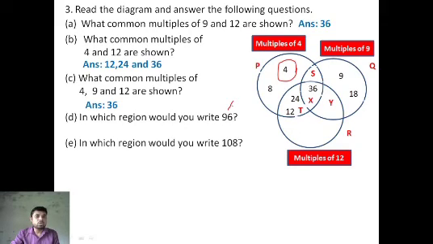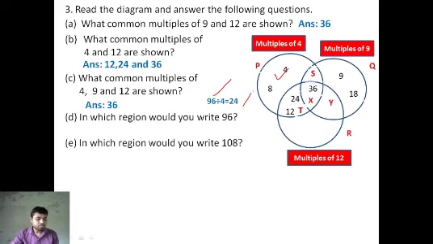So what will we do? We will just divide and check. If the quotient is a counting number, then we will be sure that 96 is a multiple of 4. So 96 divided by 4 is equal to 24. That means if you continue, 4 ones are 4, 4 twos are 8, like this, 4 tens are 40, 4 24s are 96. That means 96 is a multiple of 4, so it will be a part of P.